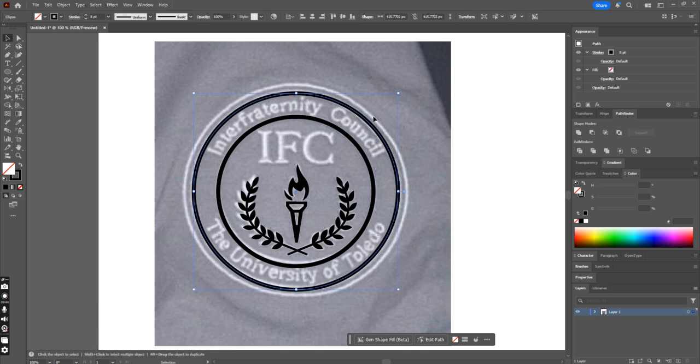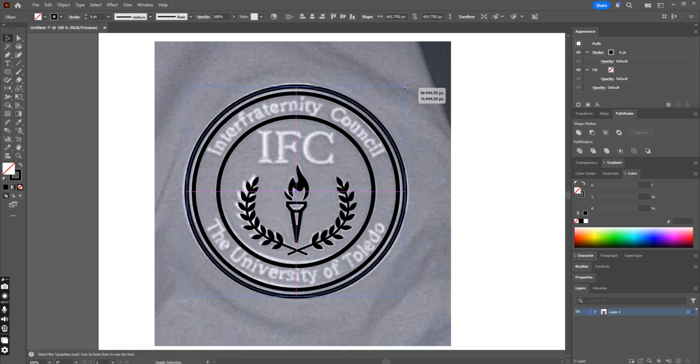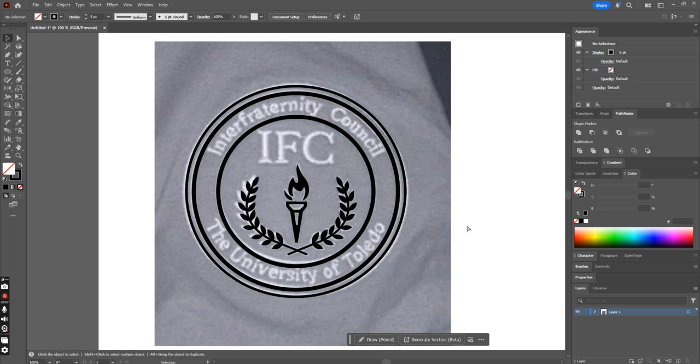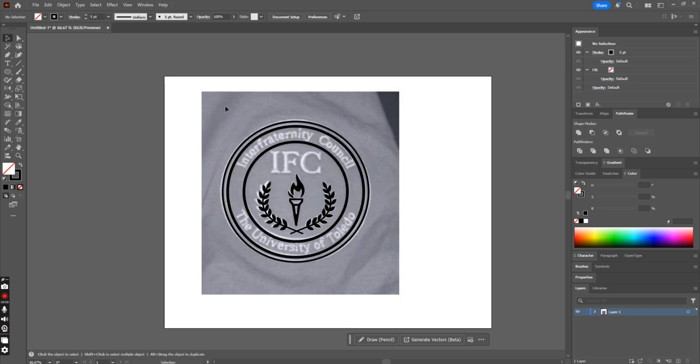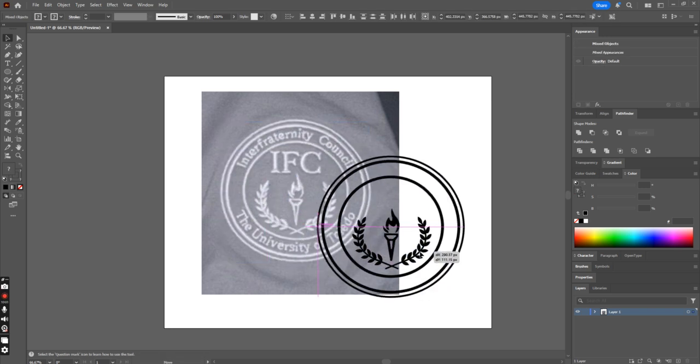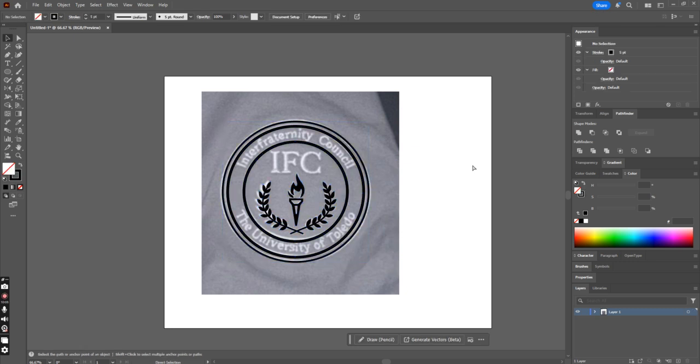Now again the same process: Ctrl C, Ctrl F, Shift Alt, release the left click, and then the keyboard buttons. This time we need to keep the stroke size a little thinner as it is in the design. You can see the last circle line is thinner. So after that, now it's time to